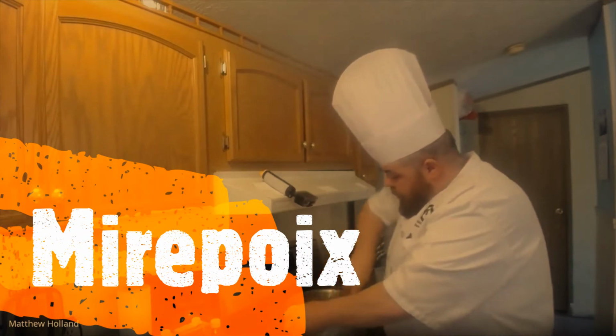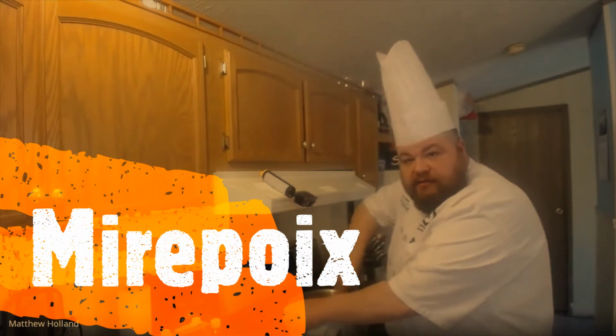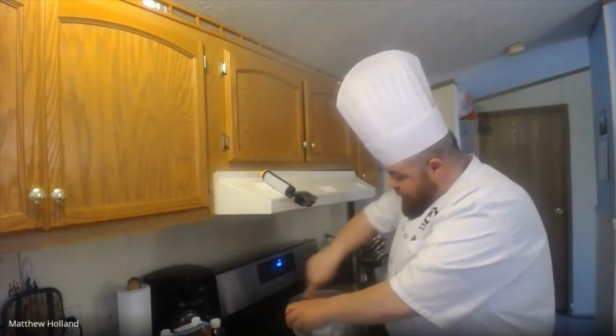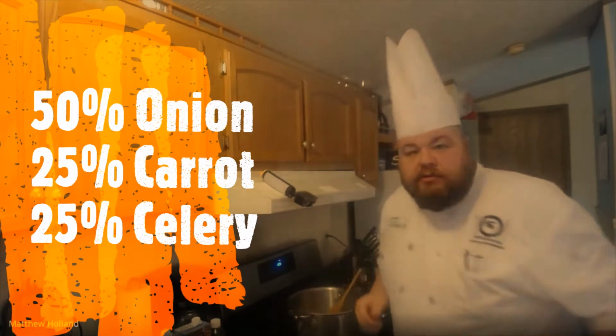Now, mirepoix is, like we said, the combination of carrots, onions, and celery. Carrots, onions, and celery are the foundational flavors for so many dishes in what we do. Now, there's some cool culinary folklore as to where that term came from, and it's not really confirmed anywhere, but like all other different areas of life and trades, there's always kind of fairy tales or folklore. It is said that Napoleon, the French conqueror and ruler, if you will,